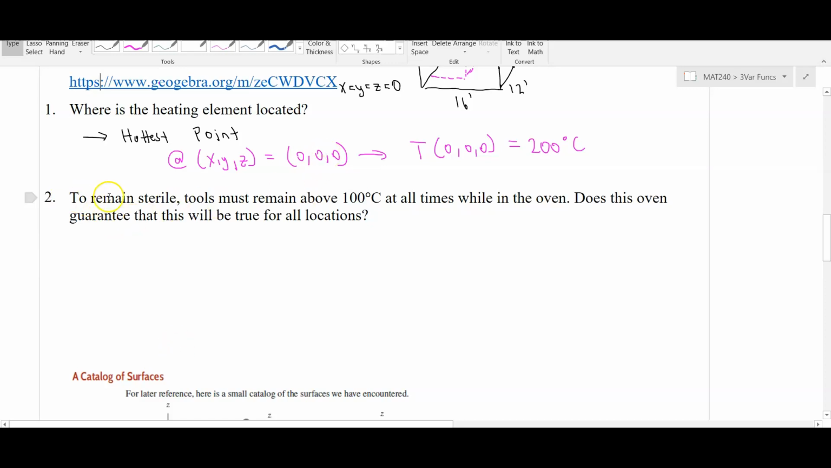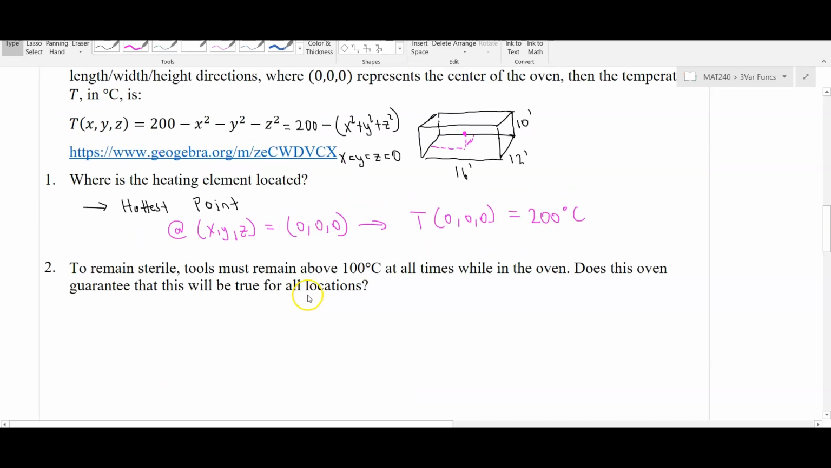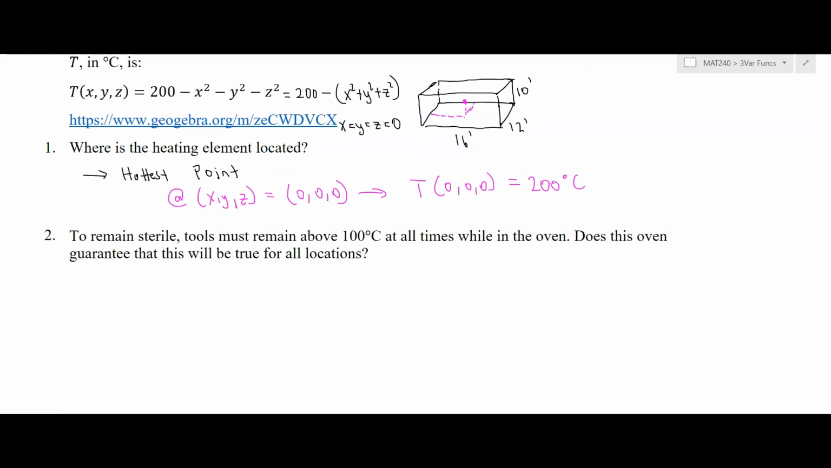To remain sterile, tools must remain above 100 degrees Celsius at all times while in the oven. Does this oven guarantee that this will be true for all locations? Well, one thing that we could do is we could look at the extremal points of the farthest distances from that center. So let's approach it this way and say, we want to analyze the distance from